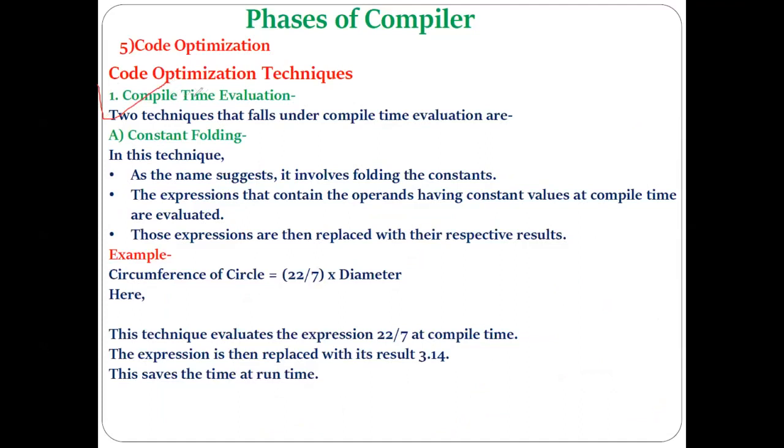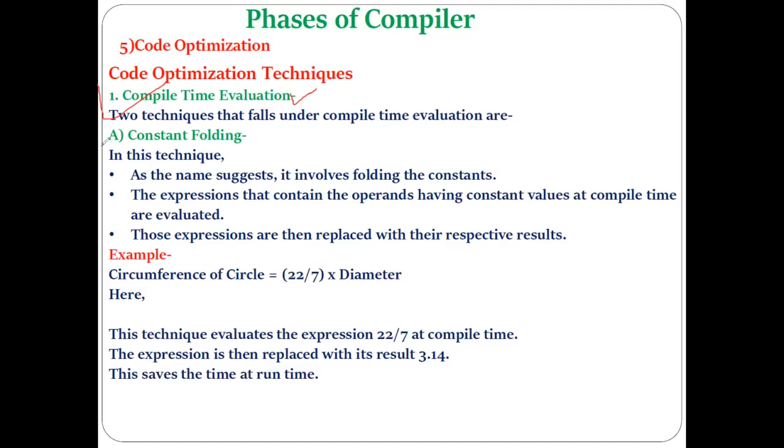Now, what is the meaning of compile time evaluation? Its meaning is straightforward: whatever computation or evaluation can be done at compile time has to be done at compile time only, by the compiler itself, without doing that evaluation at runtime. If some code in your program can be computed at compilation time, doing that computation is called compile time evaluation, without putting the extra burden on the runtime.